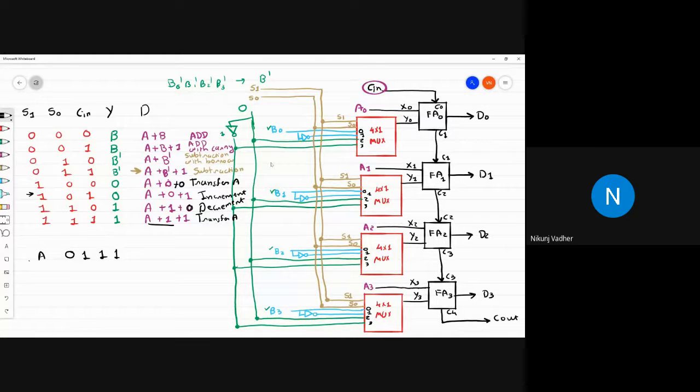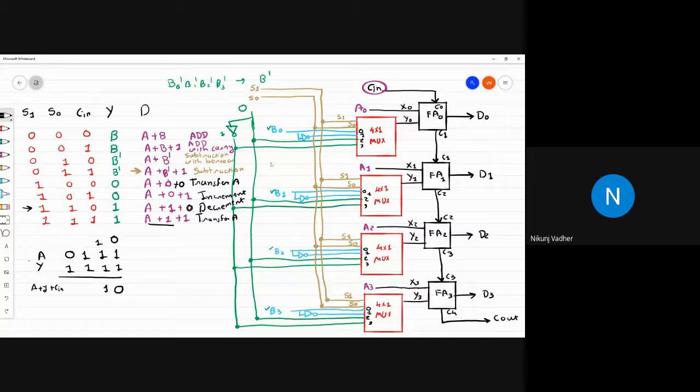This is A. Now at present we are discussing this case. All the inputs of Y are 1. The value of C in is 0. So let's see what we get for A plus Y plus C in. So 0 plus 1 plus 1 results in 0. Carry will be 1. 1 plus 1 is 0.